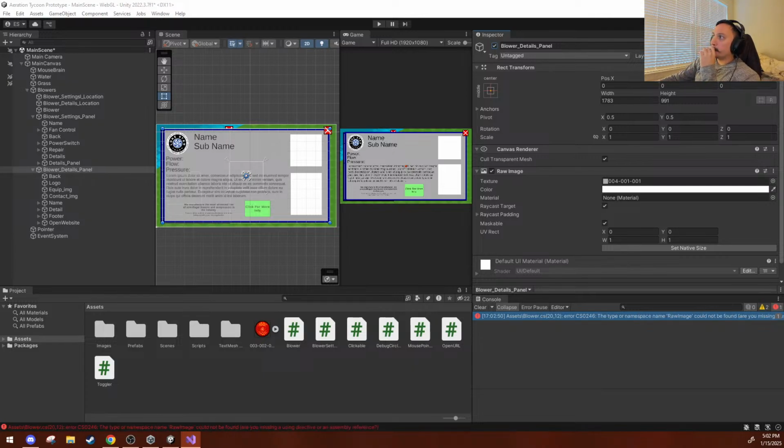Okay. So this is everything that I need to get it to go. So settings panel, and then you do settings dot open or update panel. It's update panel, and I pass in this. So this will have a reference to itself. So you pass in the blower, and then you basically say name is equal to blower dot name, and you say